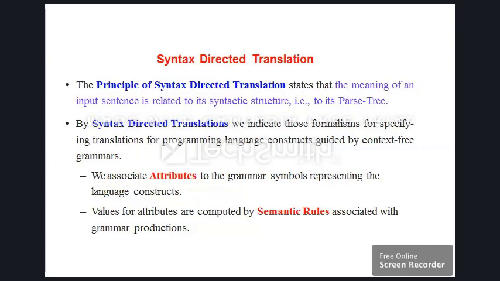We associate attributes to the grammar symbols representing the language constructs. Values for attributes are computed by semantic rules associated with grammar productions.